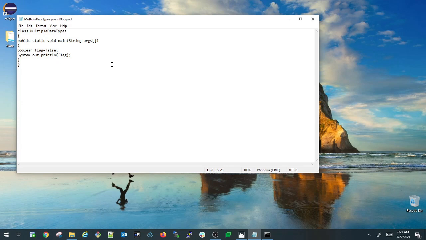Let us try to declare a variable for char data type. So here I am writing char ch equals to, in the single quotes we need to give any value, like maybe I am giving capital A. So I am just going to print that.